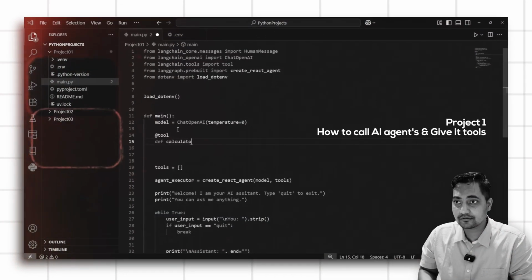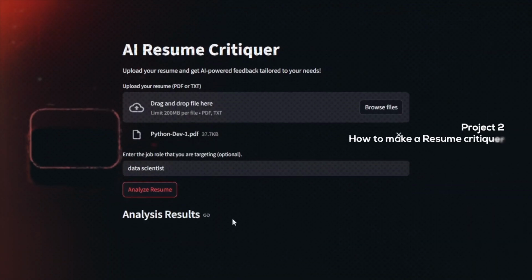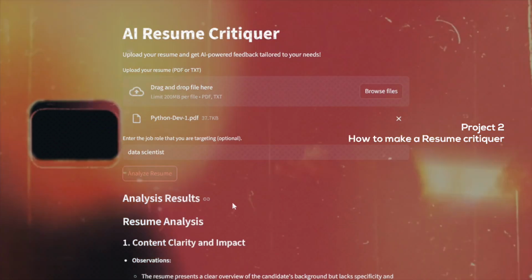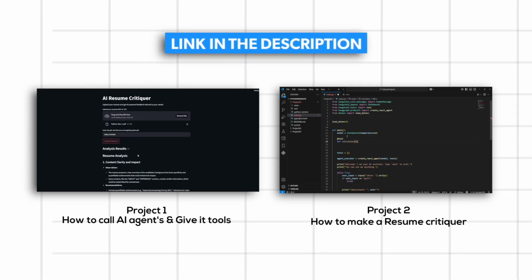So today we are going to look into project number 3. I hope you've enjoyed project 1 and project 2. In project 1 we had worked on an AI agent and given it tools to do some particular task, and in project 2 we had made an AI resume critiquer. Both of the projects could be very easily done under 20 minutes and I hope you have watched them as well. If you have not, I do recommend that you watch those as well right after this video